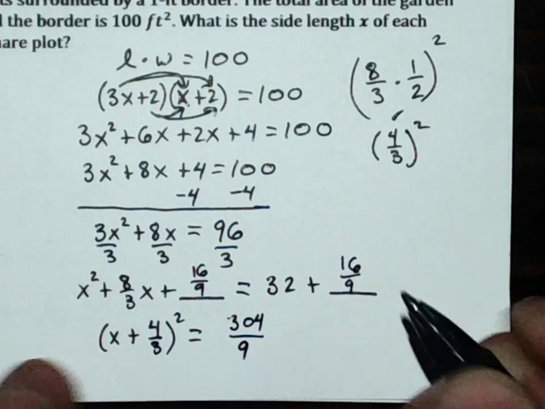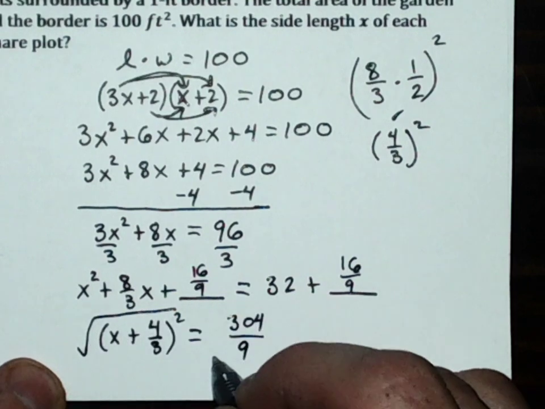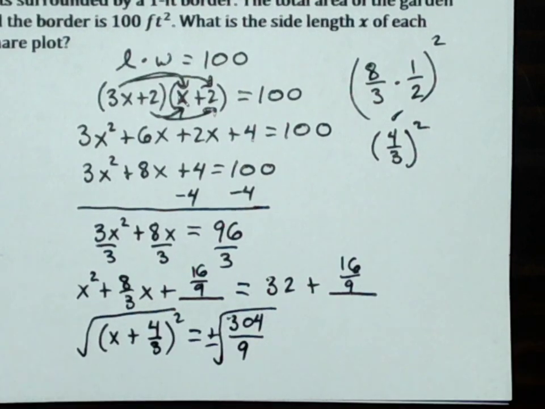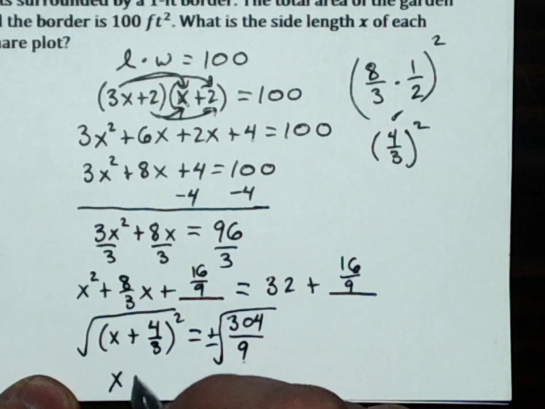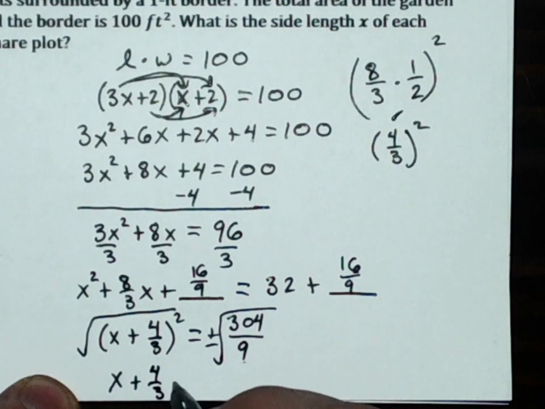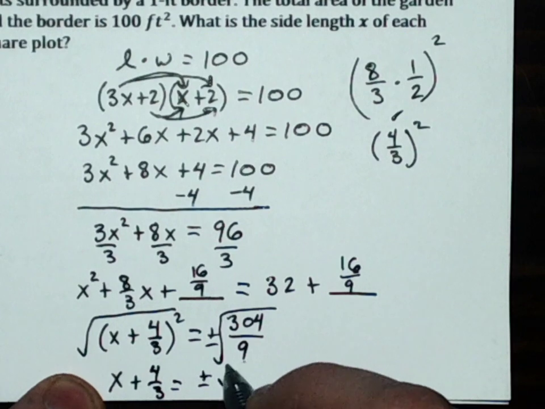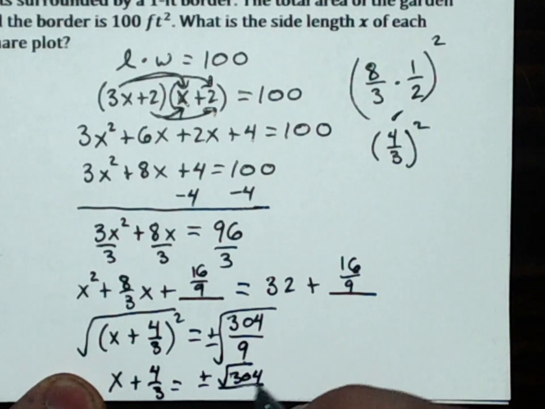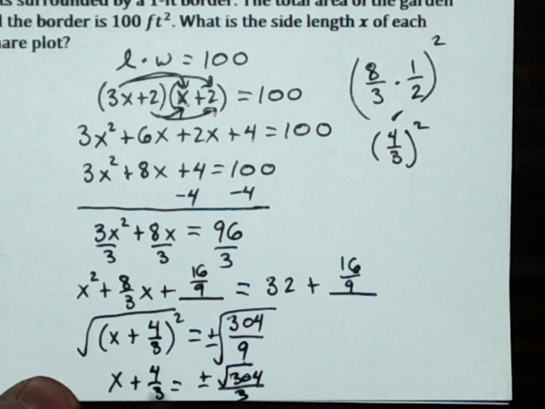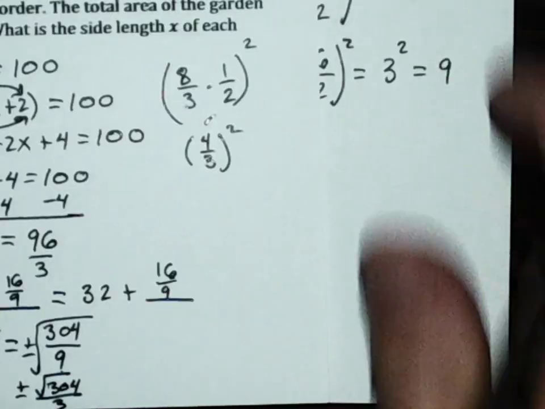304 over 9. Take the square root. Don't forget your plus and minus. You can square root the bottom, which is 9, which becomes 3. It has a common denominator of 3. So you get the statement that x plus 4/3 equals plus and minus the square root of 304 over 3. Subtract over 4/3, and you get,